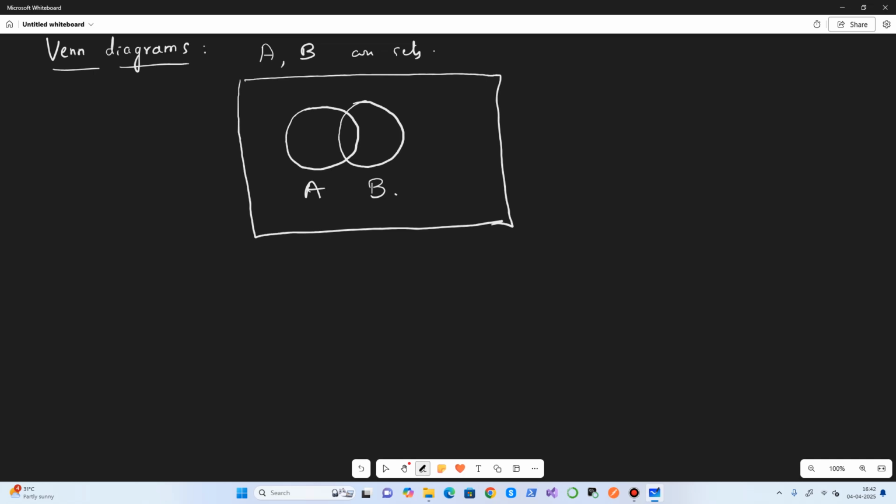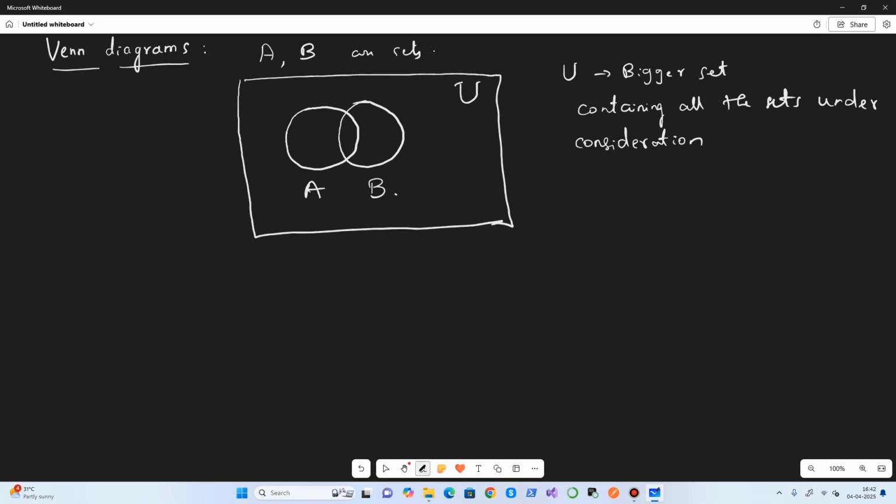We call this the universal set U. U is basically a bigger set containing all the sets under consideration for a given problem, situation or circumstance.